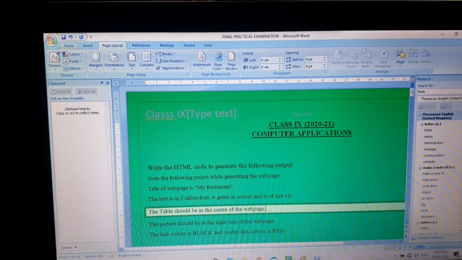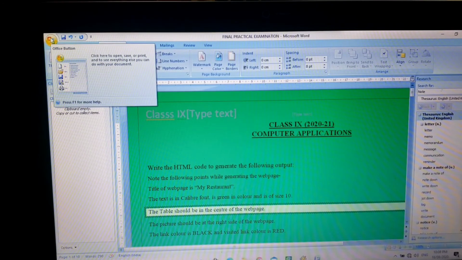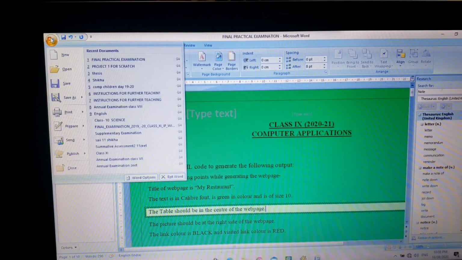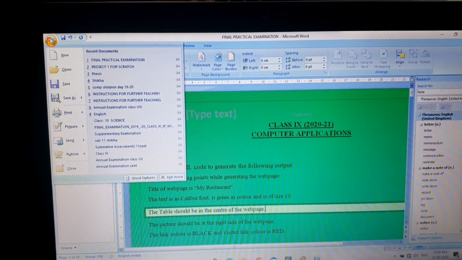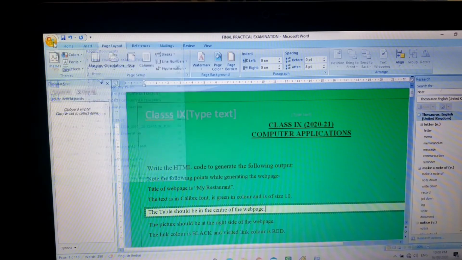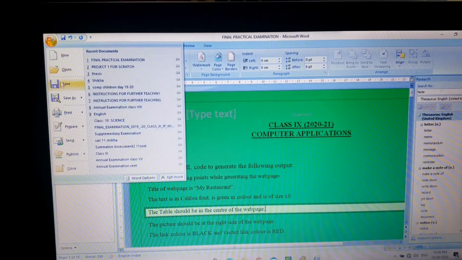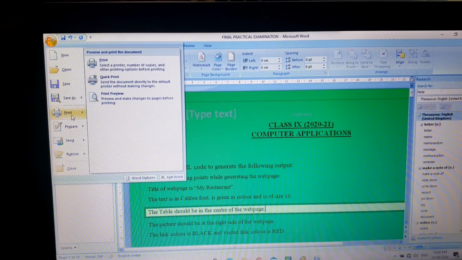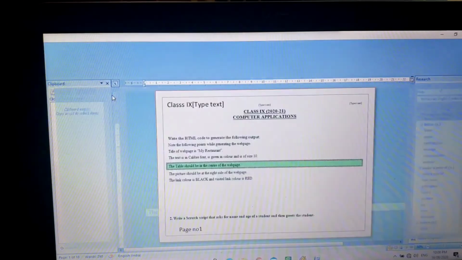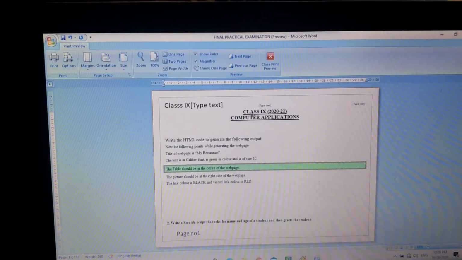Next and last topic is printing and previewing your document. Now you want to print. Why are we doing all these page formatting? So that we can have the hard copy of the document. So from here you can have the preview of your page. Just come to this print option. Here you can see the print preview. This is how your page will look after printing.